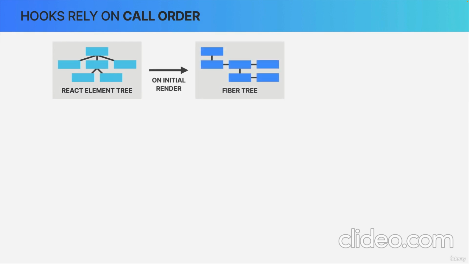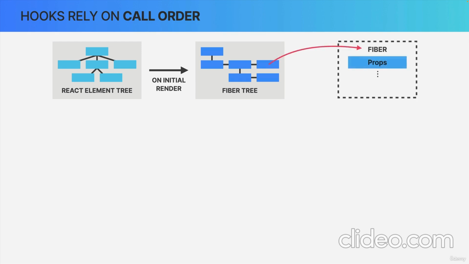So let's now try to answer the question of why do hooks need to be called in the same order on every render? And let's actually start from the very beginning, based on all the knowledge that we already have at this point. So remember that whenever an application is rendered, React creates a tree of React elements, also called the virtual DOM. On the initial render, React also builds a fiber tree out of the virtual DOM where each